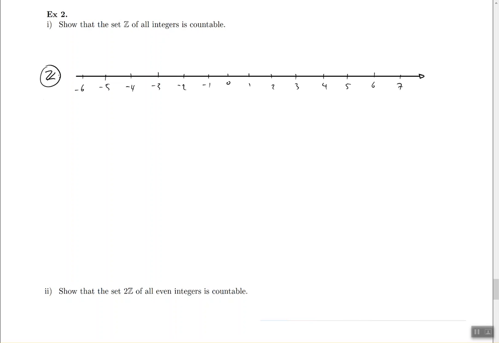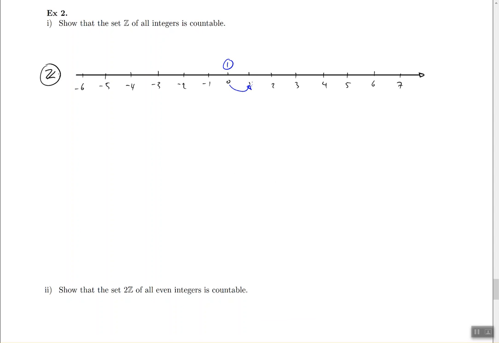I'm going to start at 0, and I'm going to call him the first number. So he's going to be counted on my first finger, basically. Then I'm going to go to 1, and I'm going to say he's the second one. And then I'm going to bounce over to the left, and I'm going to count -1, and he's going to be the third finger. And then so on and so forth. So the 2 is going to be the fourth finger, and I could keep doing that all day long, right? And I'm only using positive numbers. The ones in blue are always positive.